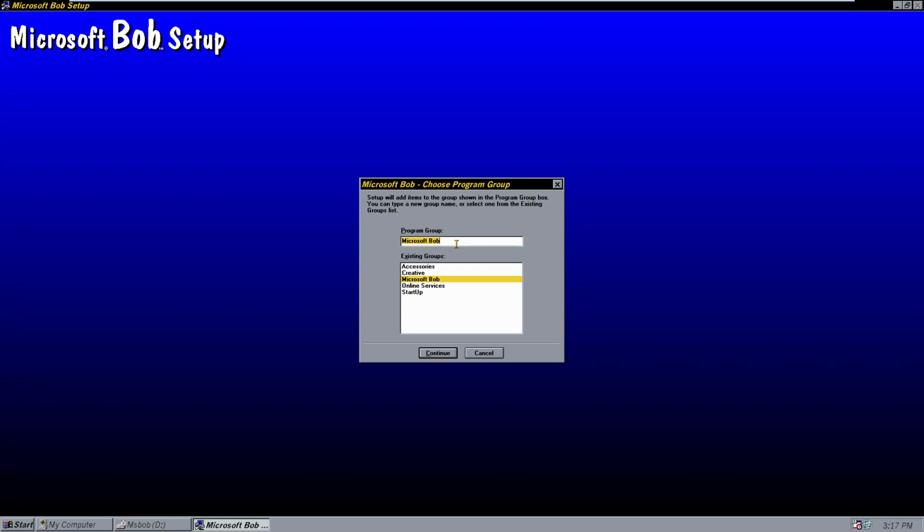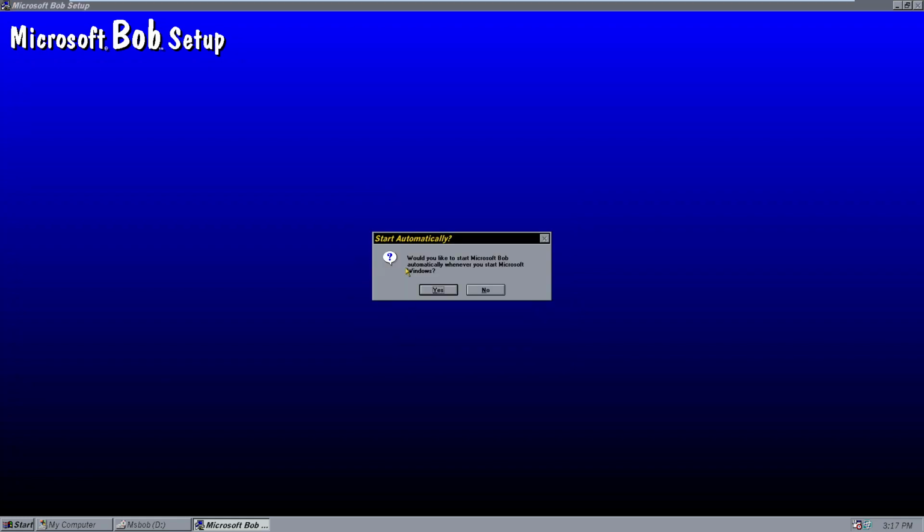Because again, this was for novice computer users. This wasn't intended for people that knew a lot about computers. So I guess they put it there to make it more user friendly, sort of. So yeah, it's going to ask us to confirm these different program groups. I guess we're just going to install under the Microsoft Bob group, and this is probably another very important part